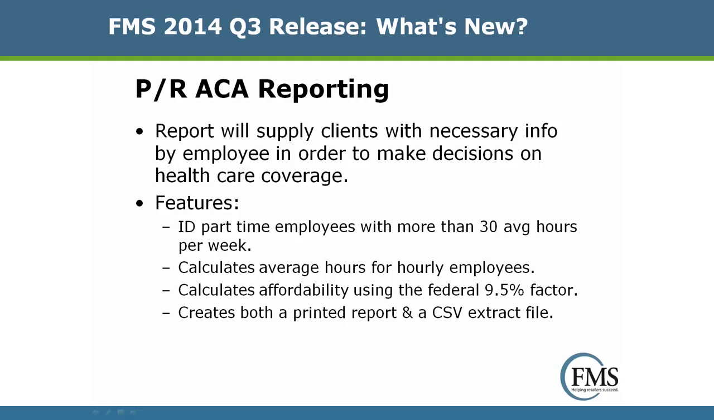The main features of the report include identifying part-time employees with more than 30 average hours per week, calculating average hours for hourly employees, calculating affordability using the federal 9.5% affordability factor, creating both a printed report as well as a CSV extract file. The Affordable Care Act report will supply employers with the following information: employee name, job status,